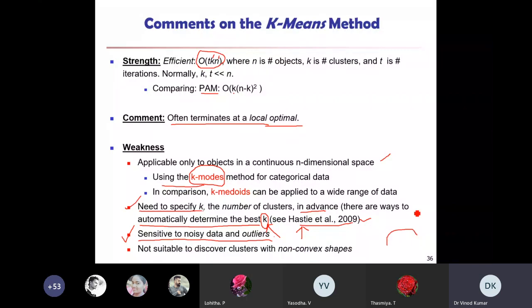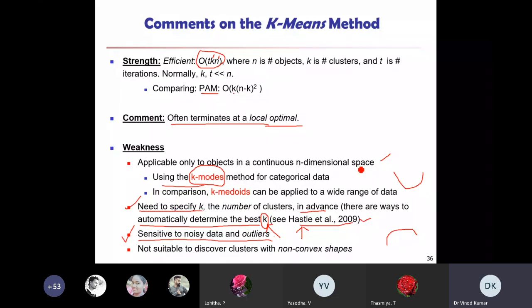Convex means this type, non-convex means this type. So this is the drawback. Because in the k-means algorithm we are doing the clustering based on the calculation of the mean value.